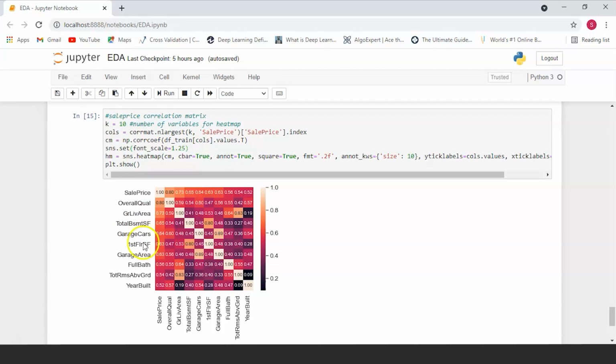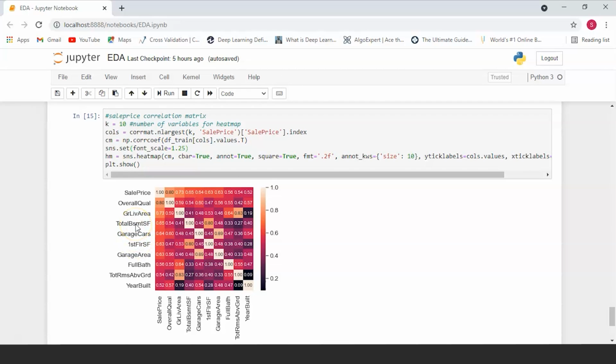Garage cars and garage area are also some of the most strongly correlated variables. However, the number of cars that fit into the garage is a consequence of the garage area. Garage cars and garage area in this way are like twin brothers. You'll just never be able to distinguish them. Therefore, we just need one of these variables in our analysis.